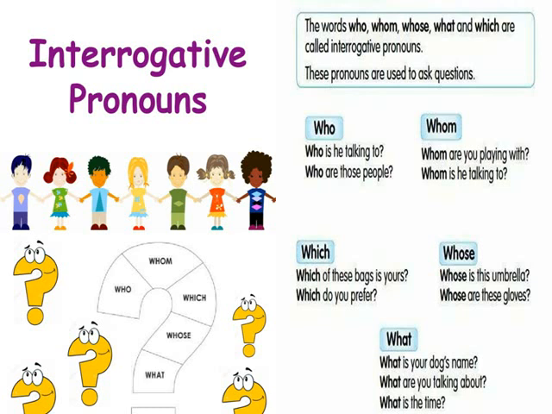What is used to ask questions about people or objects. For example, what do you want for dinner? Which is used to ask questions about people or objects. Example, which of these ladies is your mother? Who is used to ask questions about people. For example, who was driving the car? Whom is used to ask questions about people. For example, whom do you prefer to vote for? Whom do you live with?